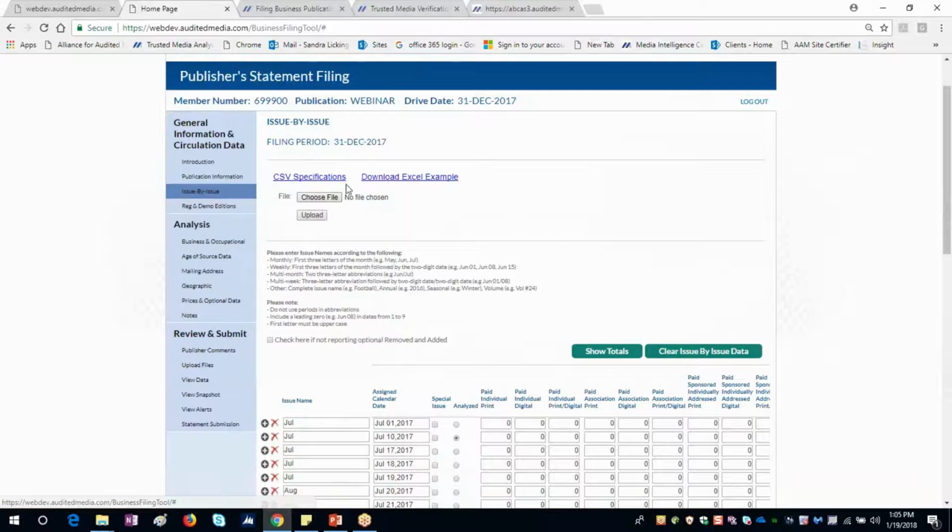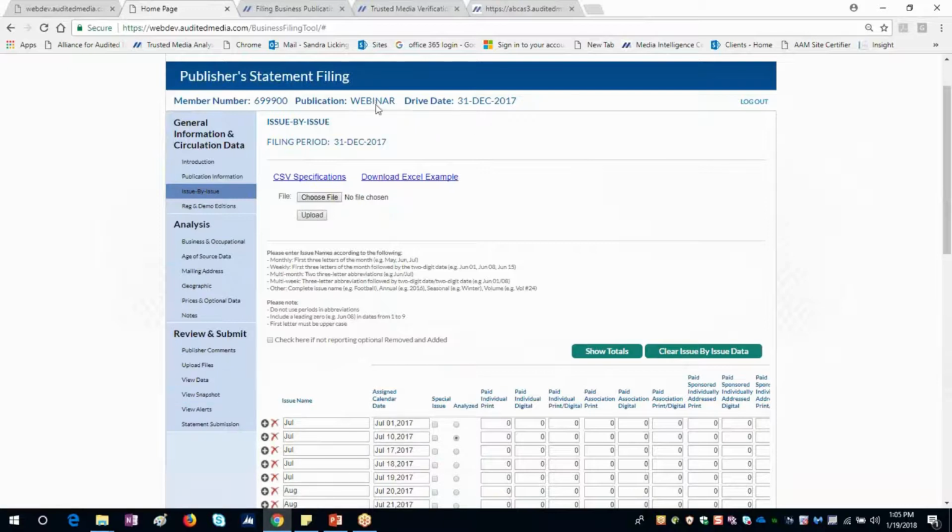That section has been removed. The reason it's not removed from your publisher statement is that you still need to report it. However, your 6-month average distribution by category is going to be automatically calculated by your issue by issue section, due to all the major enhancements we've done to issue by issue. So you will no longer have an error message saying your 6-month average is not tying to your issue by issue, because that will be eliminated. Your issue by issue is going to automatically calculate your 6-month average. And when we go into view data, it is going to show your distribution there for your 6-month average. I'll show you that in a moment.